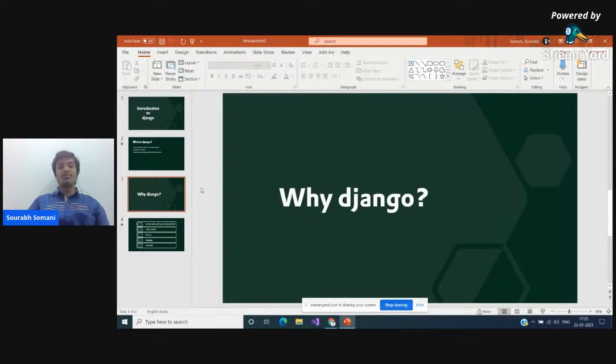So why should we use Django? There are lots of frameworks, of course. If you don't know Python, you can use .NET with C# and other things. You can use Java,